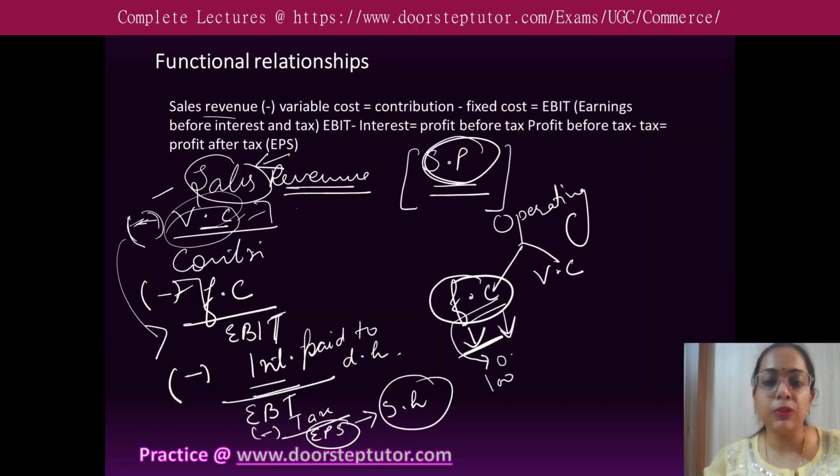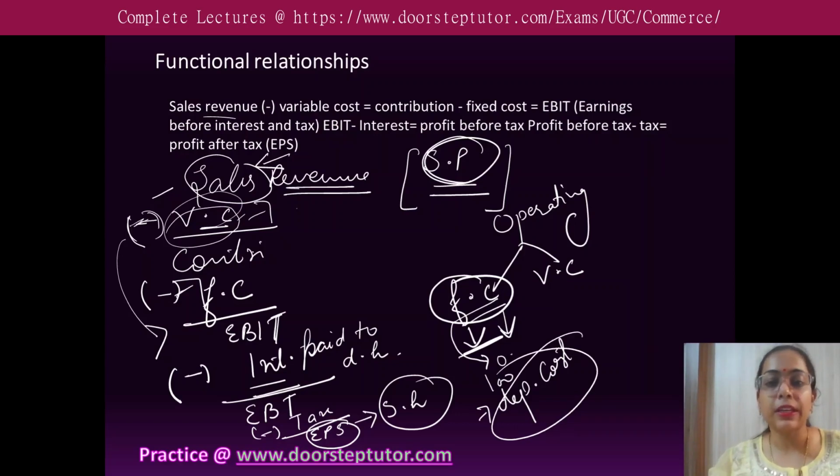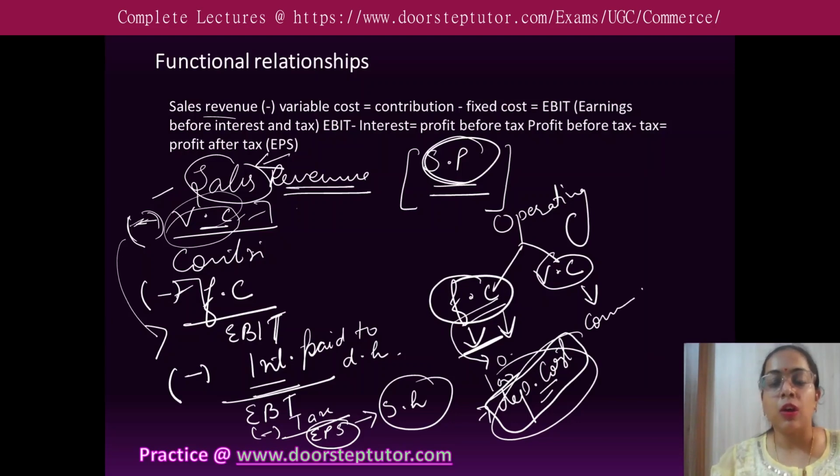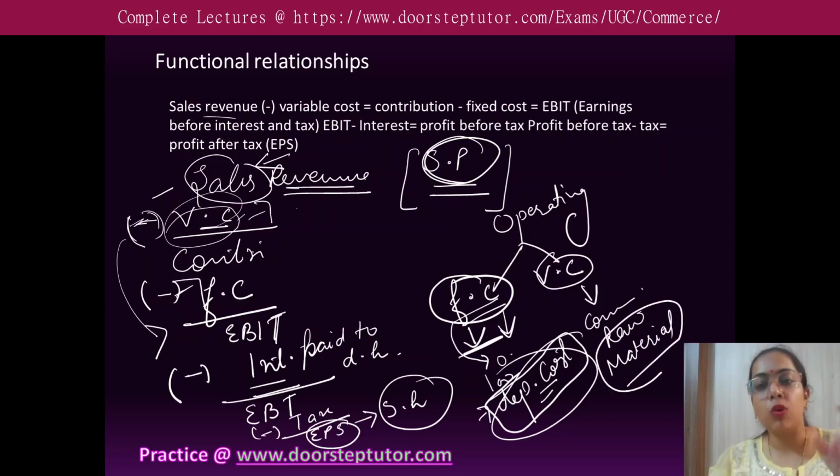For example, your depreciation cost is a fixed cost. Whether you are using the assets or not, you have to bear this depreciation cost. Next is variable cost. Variable cost is the cost which varies with your sales, your output, your production. For example, commission or raw material used. If you are using a large quantity of raw material, then your cost will be large. If you are using less raw material, your